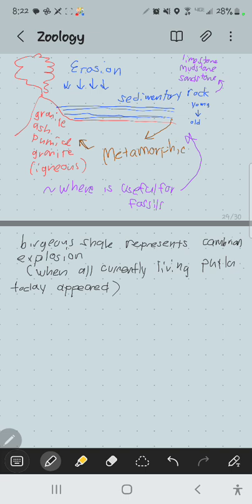So the actual dates, what you'll find when you do your research on the UC Berkeley Museum of Paleontology site, is you'll see these numbers are slightly different. And so if this worksheet says 570 million years is where the Cambrian is, and the UC Berkeley website says 560 million years, understand that there is some uncertainty. We don't know the exact time, but it's plus or minus 10 million years when you're going back to the Cambrian